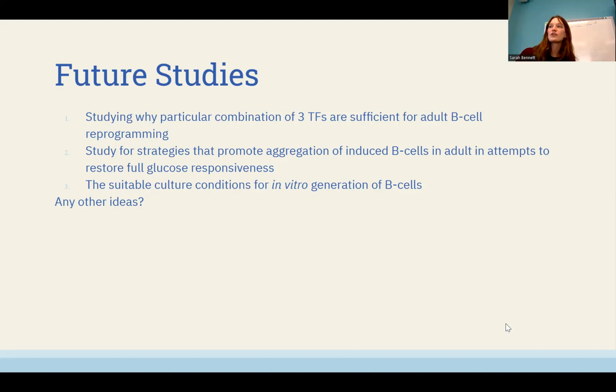So, studying why the particular combination of 3 transcription factors is sufficient for reprogramming. That mechanism still isn't known. It was only observed. Additionally, studying strategies that promote the aggregation of induced beta cells to increase